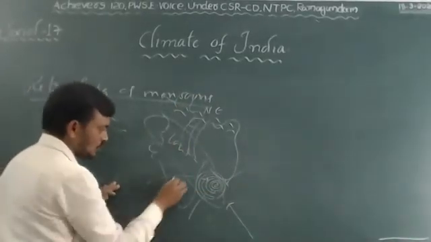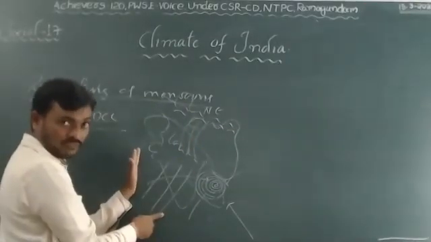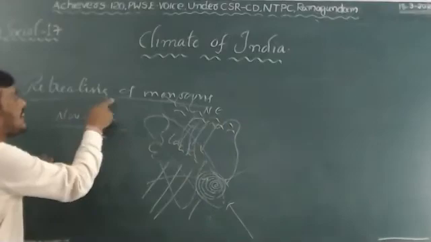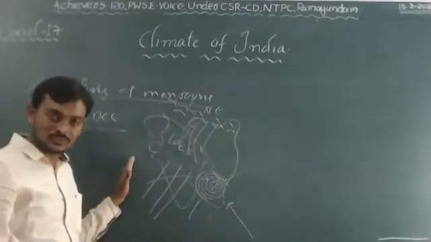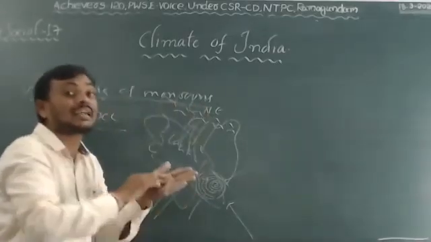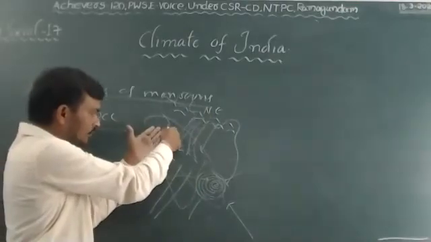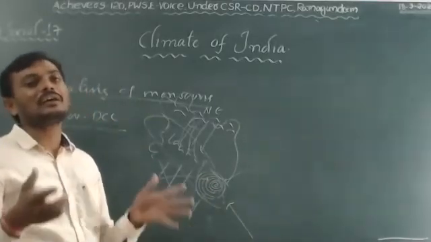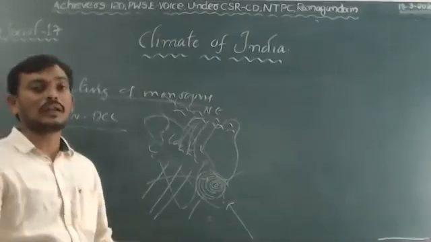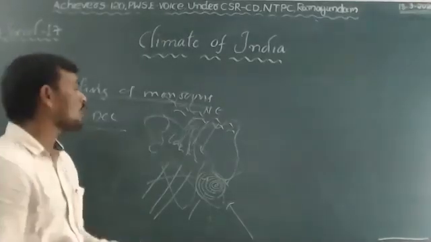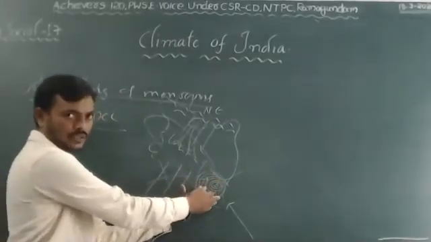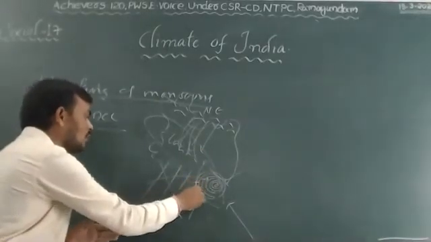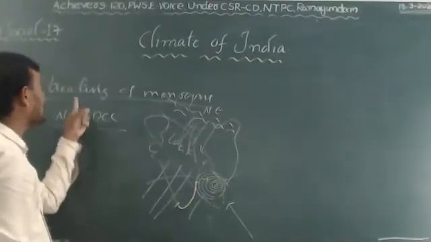Generally, the monsoon which enters from the southwest spreads across the nation and gives rainfall, and the same monsoons return back from the northeast. That's why we call it retreating of monsoons or northeast monsoons. Clear? So these northeast monsoons raise the temperature over the northern part of India towards the Bay of Bengal. So the Bay of Bengal creates low pressure and receives the winds from the high pressure, leading to tropical cyclones. The tropical cyclones which occur near the Andaman area hit the coastal areas. So this is the reason the Coromandel coast receives rainfall during the retreating of monsoon